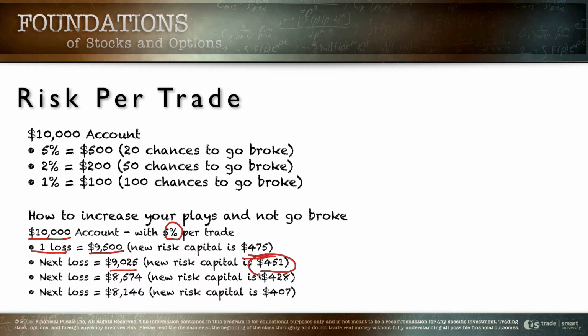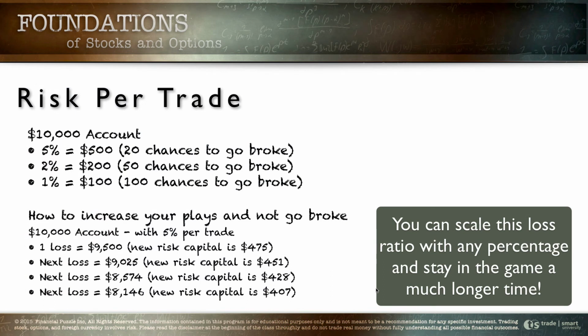And as the account goes smaller and smaller, so does the amount of our account that we can risk. If you just keep the same percentage, if you common size it, you say we've got $10,000, I can risk $500 on 20 trades, you've got 20 trades and that's all you've got. If you scale it down like this, you can actually stay in this game for a really, really long time, and you can increase those substantially. Now, there does come a point when, if you lost enough trades back to back, you'd only have $1,000 left, and there's just not much capital to work with there. But you can still stay in the game for a long time using this system, and I think everybody should adopt it. It really will keep you in the game for a really long time.